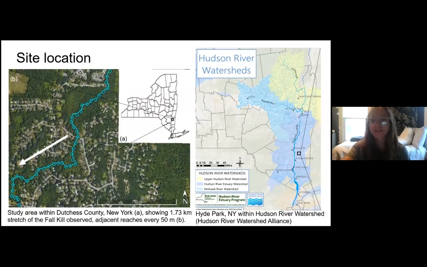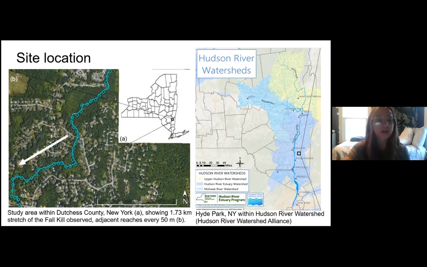So we'll start on the right-hand side of the screen. This is a visual of the Hudson River watersheds that are present within the Hudson River Valley. And you can see through the black square is where Hyde Park is located, which is where this study took place. And these are located within the Hudson River Estuary watershed, which is Hyde Park and Poughkeepsie, where I'm at Marist. And then moving to the left side of the screen, you can see that I zoomed into, again, Hyde Park within Dutchess County, within New York State, but then the base map shows the stretch of Fallkill that